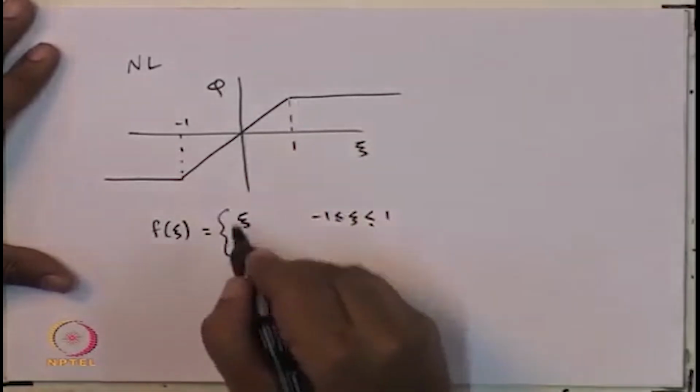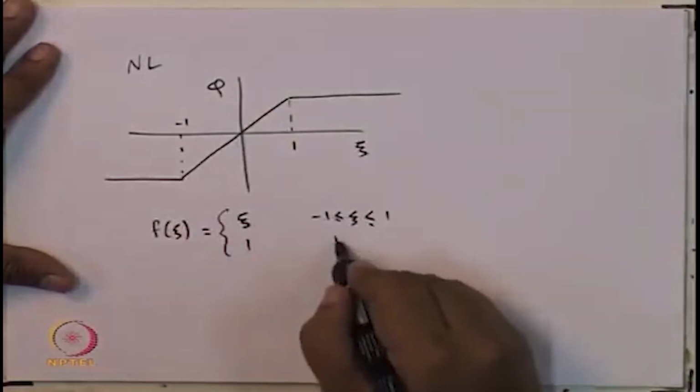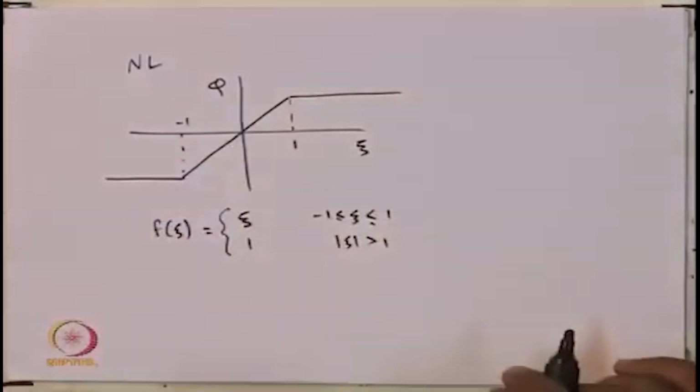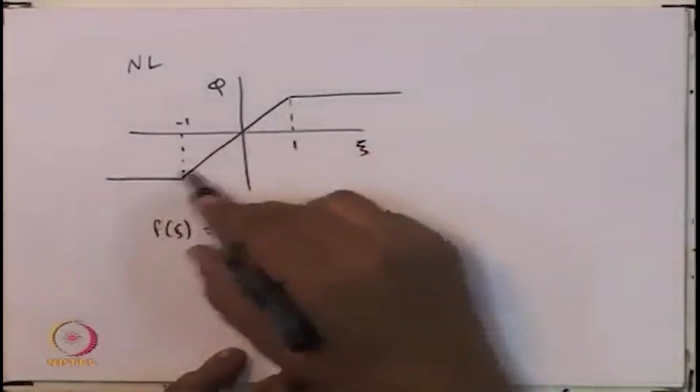So this is like a saturation. So it's like linear and then it saturates. It's equal to 1 when mod xi is greater than 1. So you have some nonlinearity like this. Okay, so if you have a nonlinearity like this,